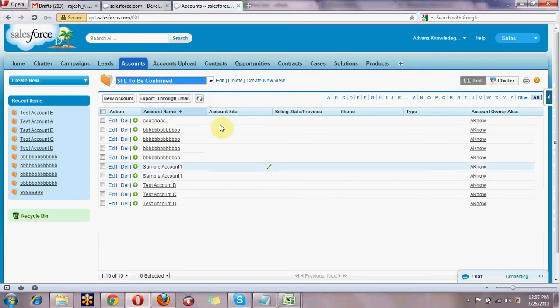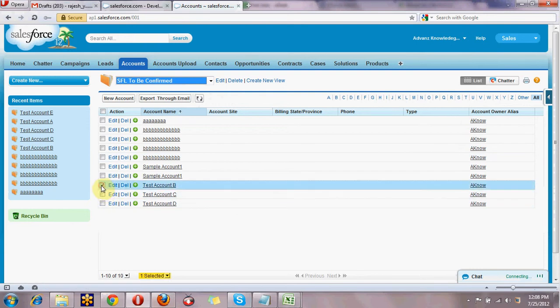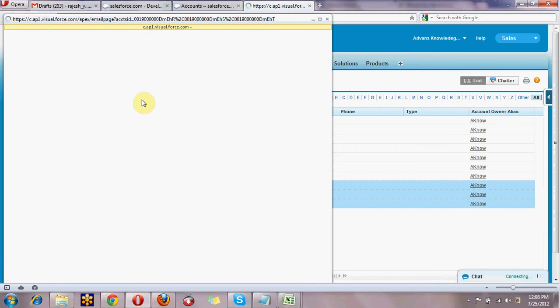And see here, if we want to get an attachment, or if we want to send an email to the selected ones, you can select like this: 1, 2, 3 I selected, and export through email. Like I can click on this button, those will automatically come here.